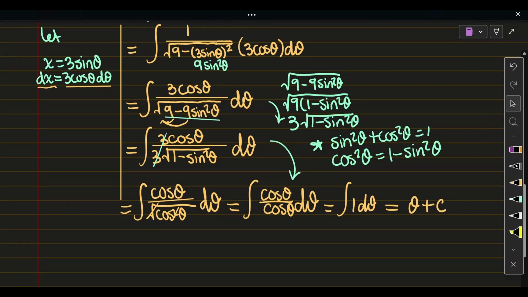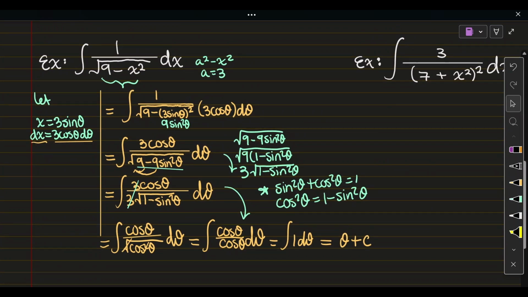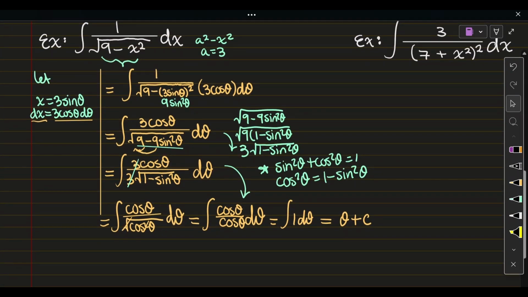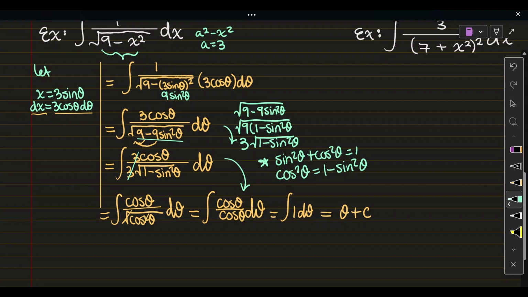So now the question is, well, what is theta, right? I need to get back in terms of x because my original integral was talking in terms of x. Well, at the very beginning over here, we let x equal 3 sine theta. So we can solve this equation for theta to get what we should plug in for theta here. So I can show you that x equals 3 sine theta means that sine theta equals x over 3. And taking the inverse sine of both sides, we can see that theta is equal to arc sine of x